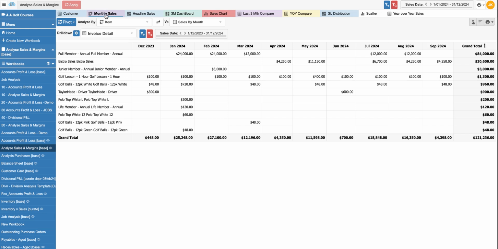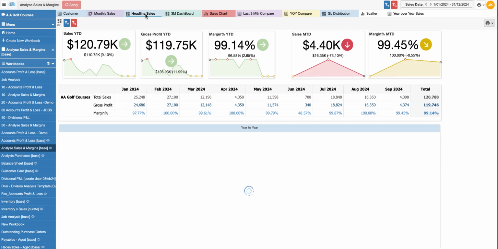So that's it for the monthly sales tab. As I said, it's a pivot. It can be anything. Doesn't have to be months. Could have sales reps across the top. If you've got the consolidated file, it could be companies across the top. Anything you can imagine. Next one we're going to look at: now that we've looked at some simple reports,